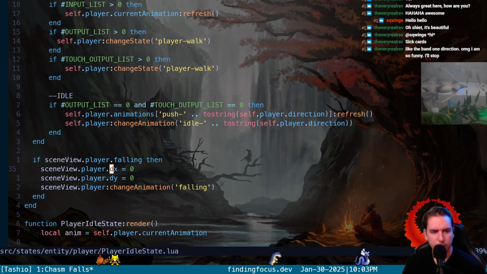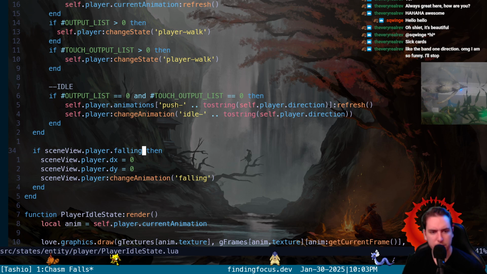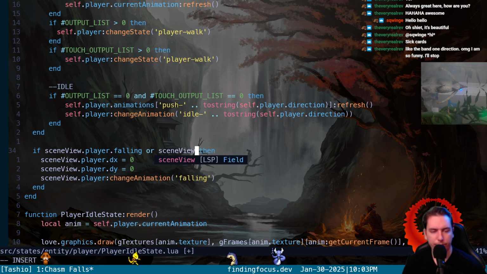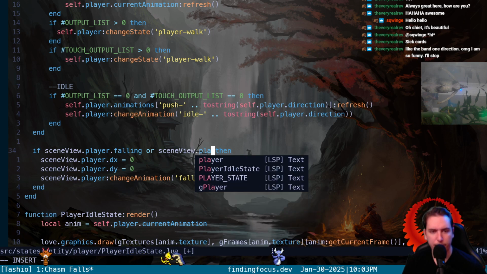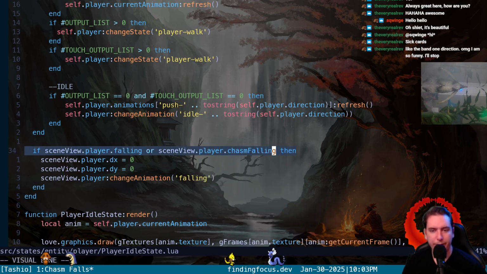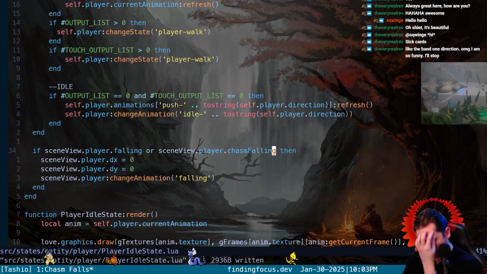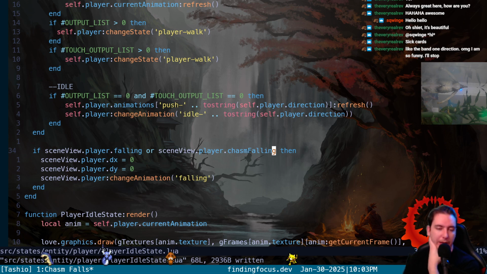Okay, if the player's falling, we do this. Let's reset our DX and DY also, or if we're pit falling or chasm falling. Yeah, and you know what? It's almost like we don't need to; we can mesh falling and chasm falling, because now that, you know, the falling,